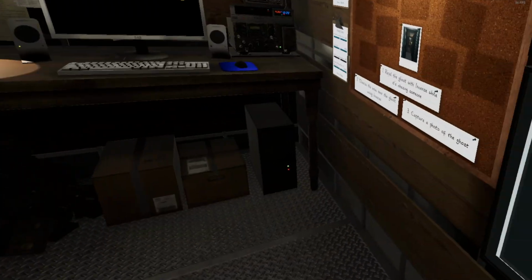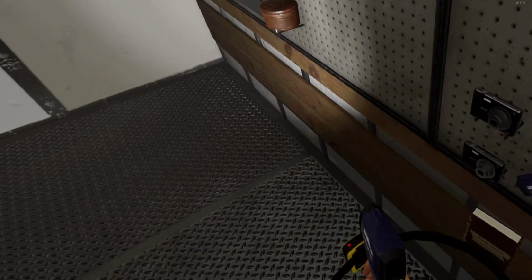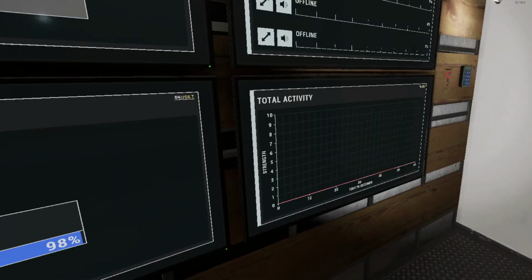We've arrived. Check the equipment. Photo of the ghost again. Investigating. Got the intel. Looks like this is going to be a tough one. We've had reports